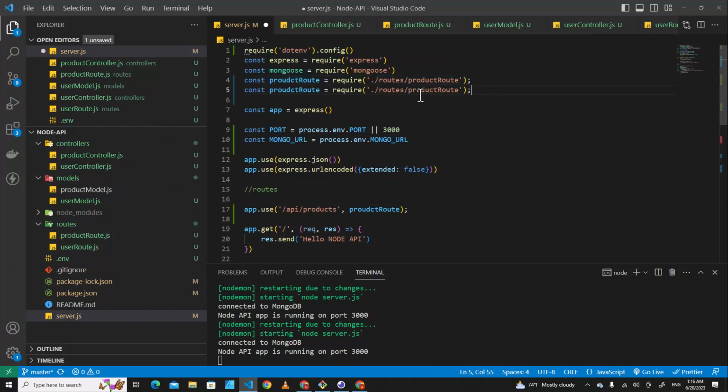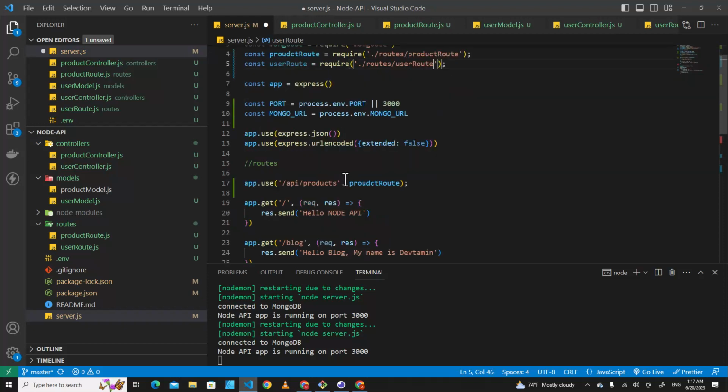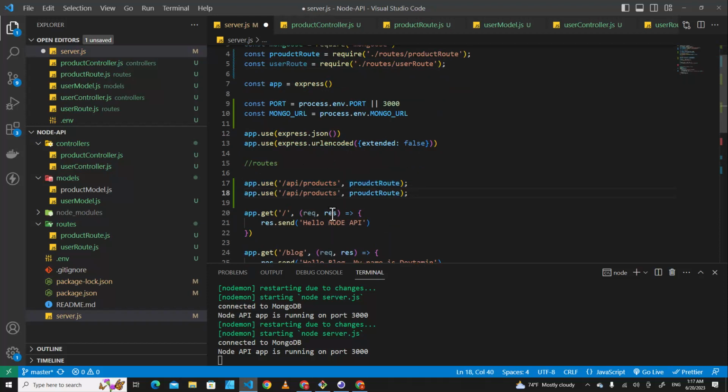It's gonna be something like this, user route, and then this is user route, and over here you have to copy this one and use this over here, and then just rename it to users,